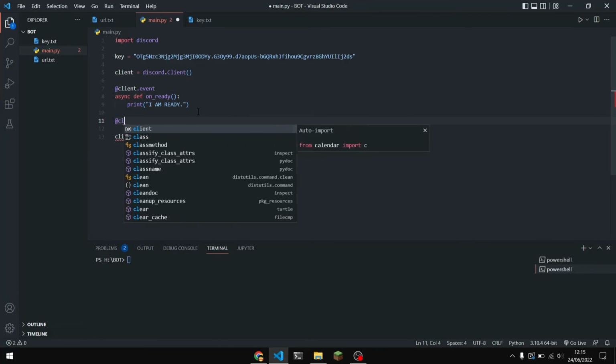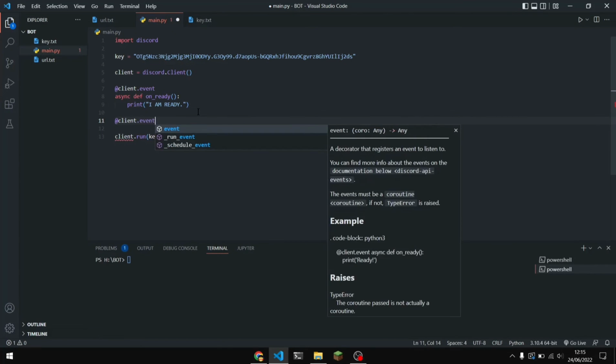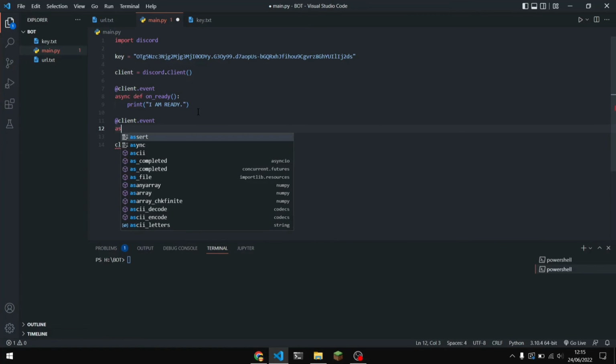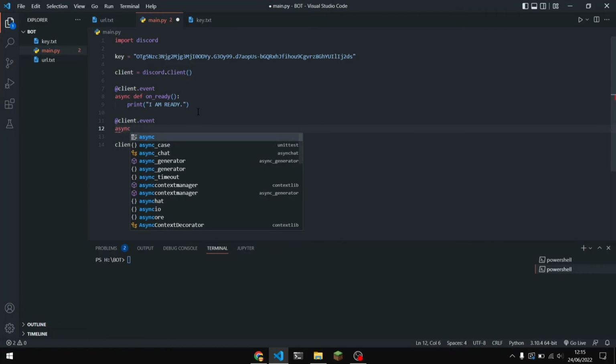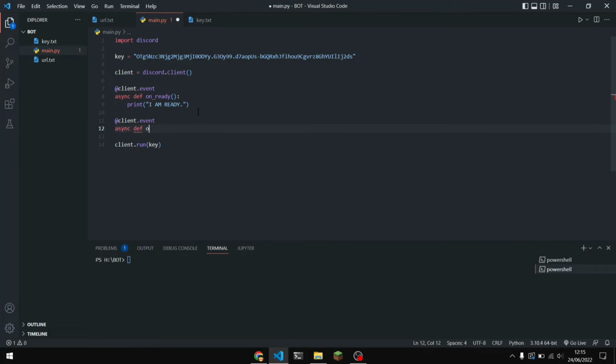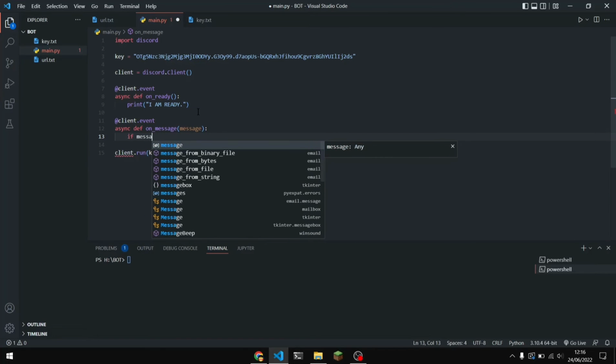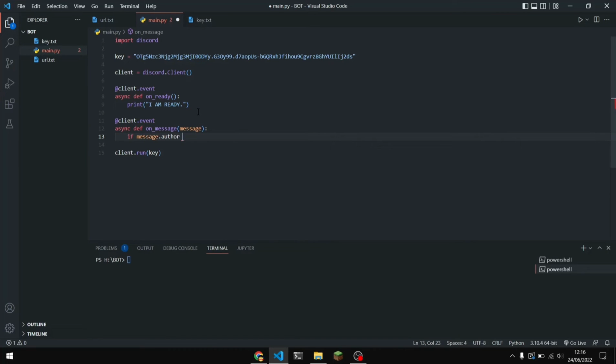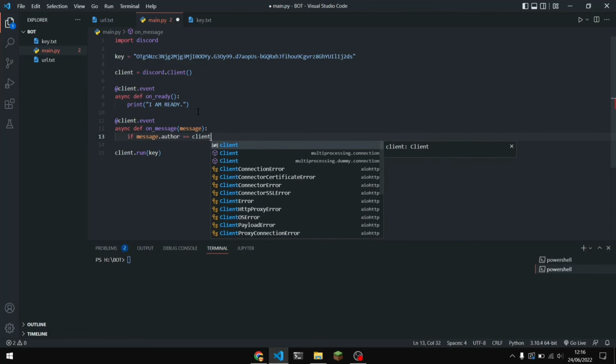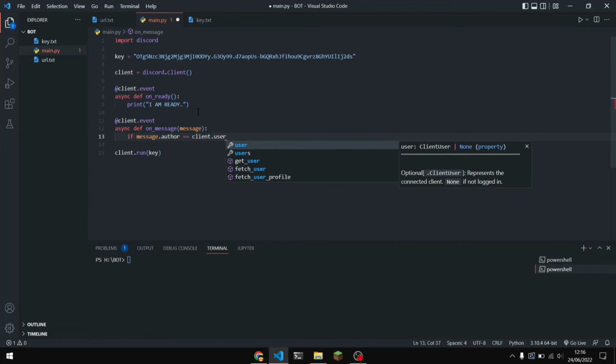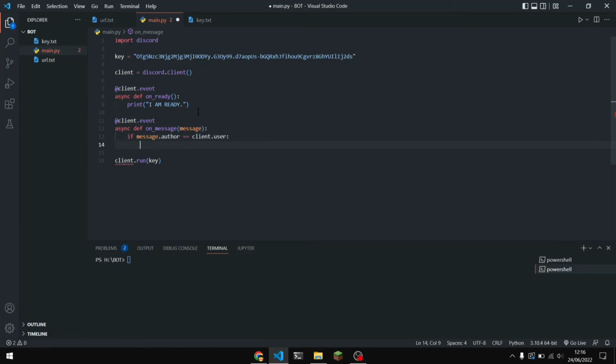So before that, again, we need to have a client.event, and we need to do again an asynchronous function which is gonna be on message. So whenever a message comes here, it's gonna execute this, and we are gonna take a message as a parameter because we need to work with message. So we are going to do if message.author equals client.user,